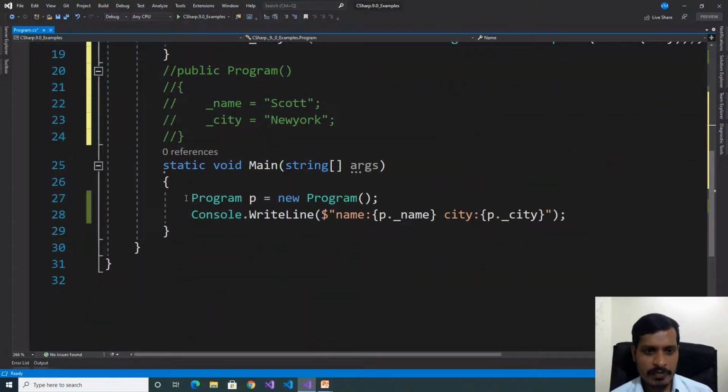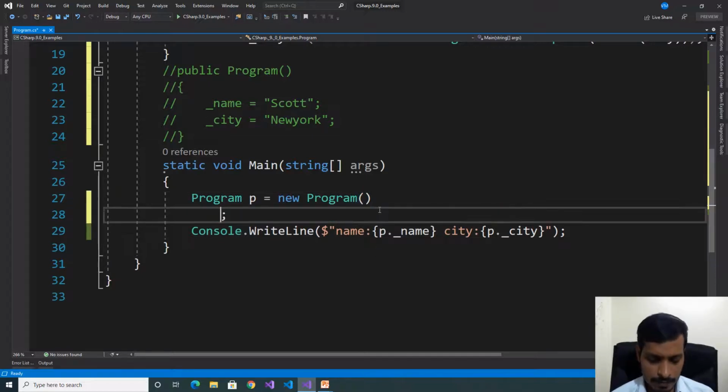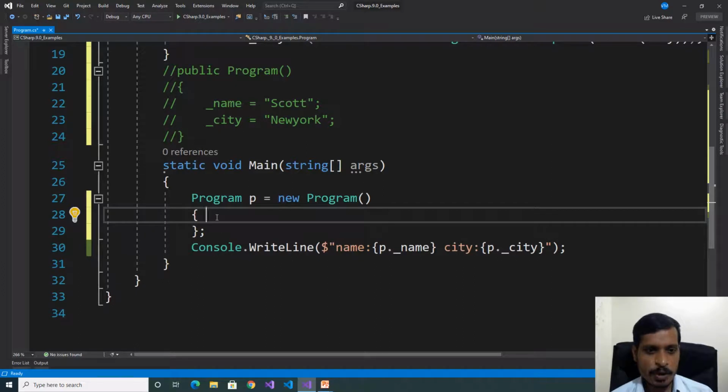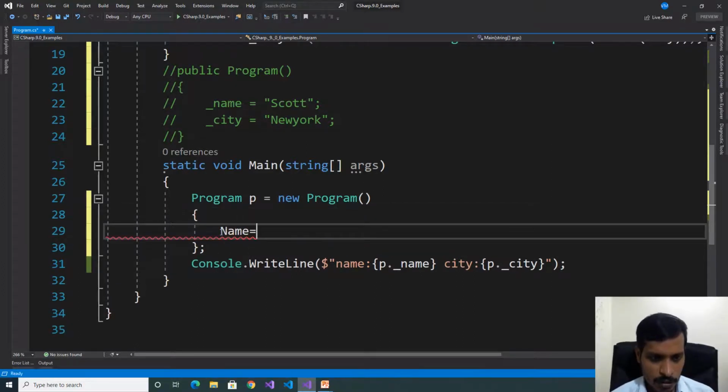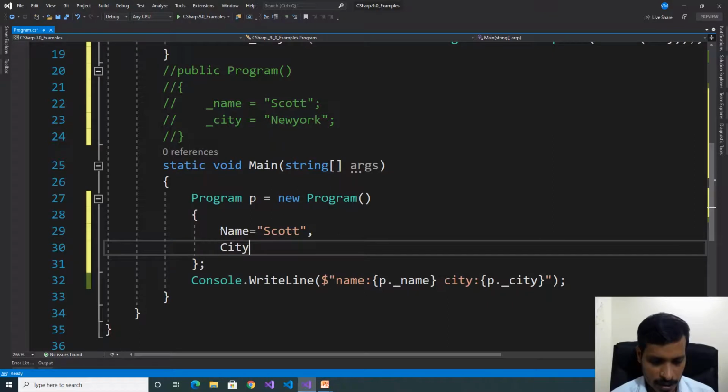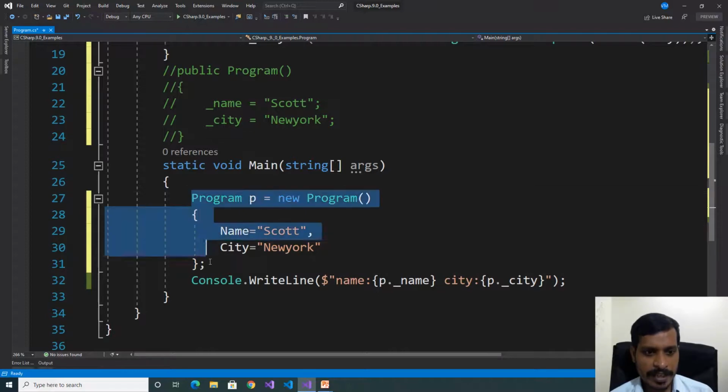Here we have the object. We need to create an object initializer. Assign the values to the properties using the object initializer: Name equal to Scott, comma, City equal to New York. Here we created an object initializer.